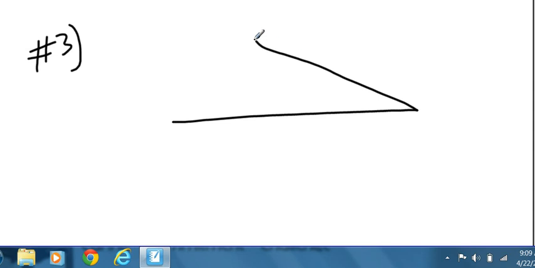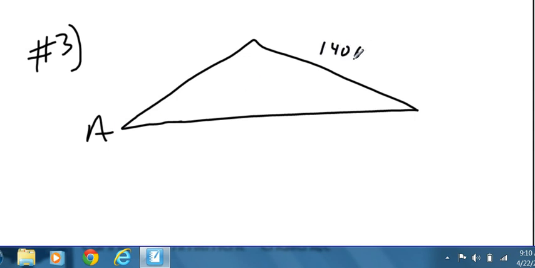And we'll start with number 3. We have some triangle, might look like that. I don't know what A is, but I have 140 kilometers over here, and I have 3 significant digits. I don't know what B is, but I have 215 kilometers over there. And I know that C is